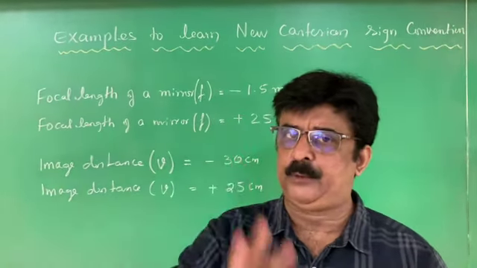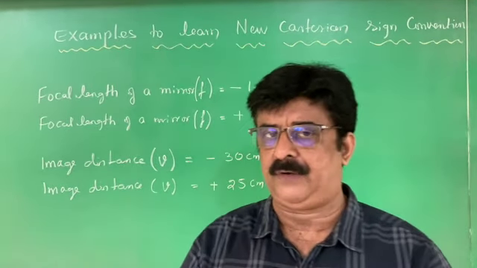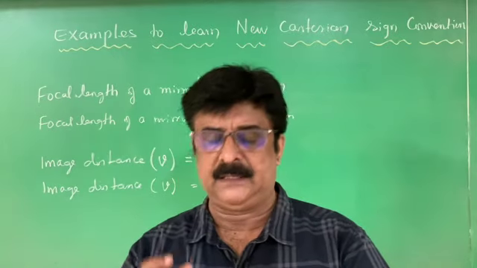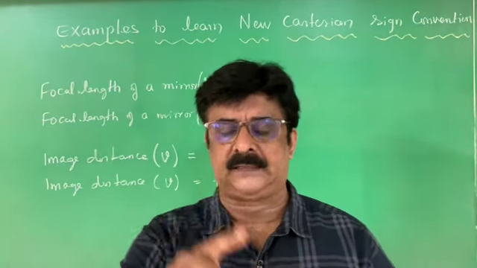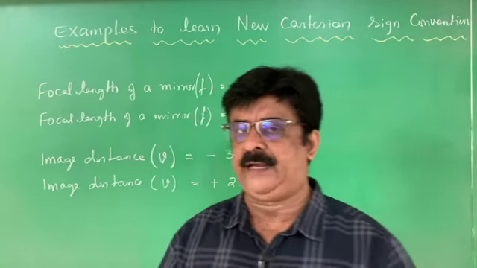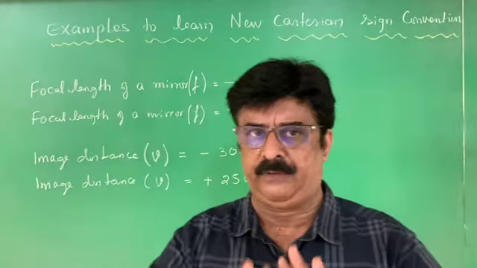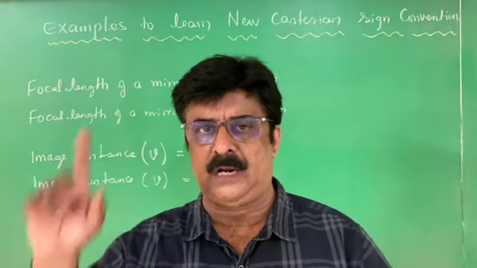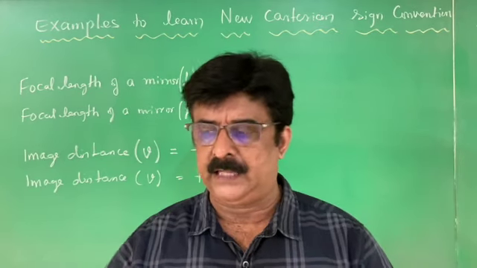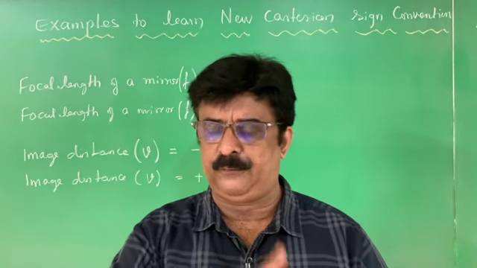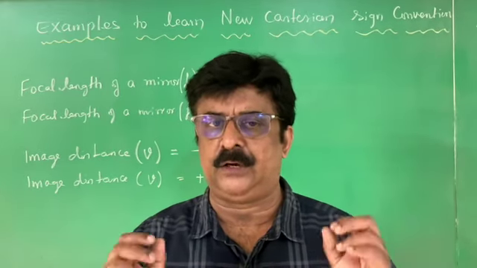That we are going to use in the equation called magnification. There are three equations we are going to deal with to solve the problems based on reflection of light using mirrors. One is R is equal to 2F. There R stands for radius of curvature, F stands for focal length. The next is mirror formula, very famous formula. Mirror formula: 1 by V plus 1 by U is equal to 1 by F. There U is there, V is there, F is there. When to take negative sign, when to take positive sign, that you have to think.